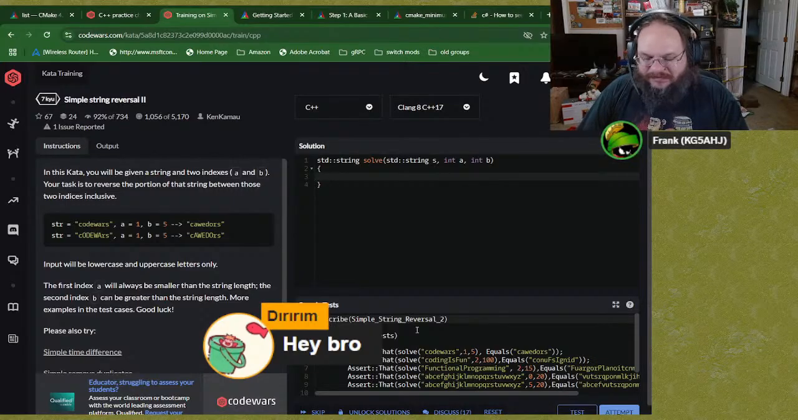First, let's just do some simple input checking because we don't trust the user, and to also weed out the edge cases. If string.size is equal to 0,